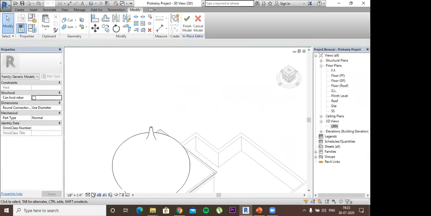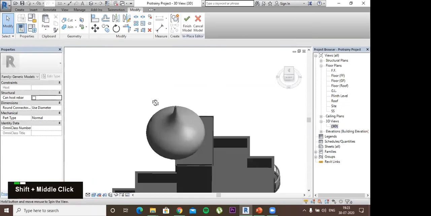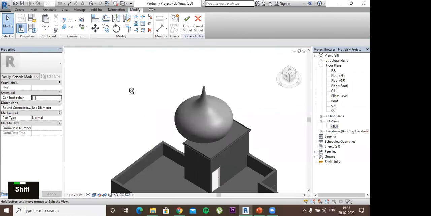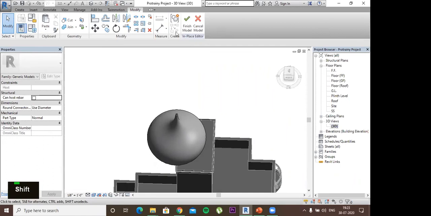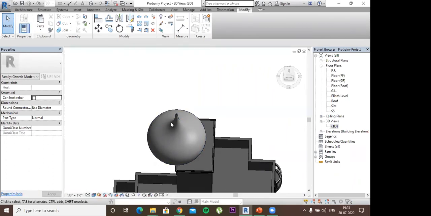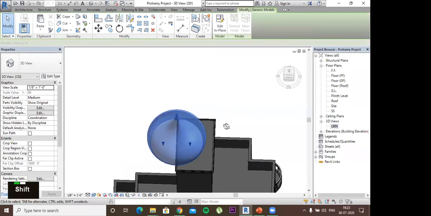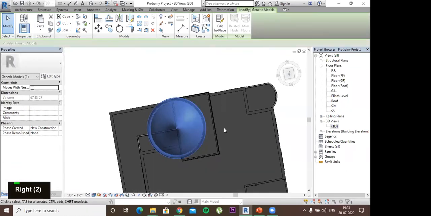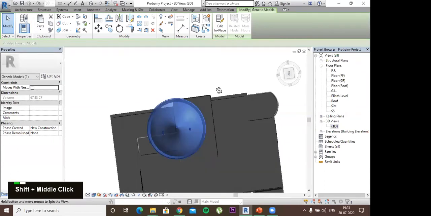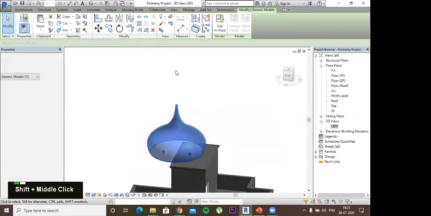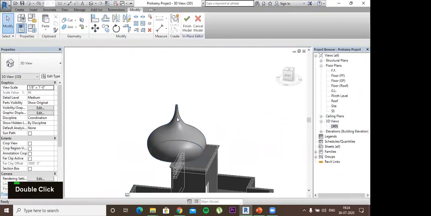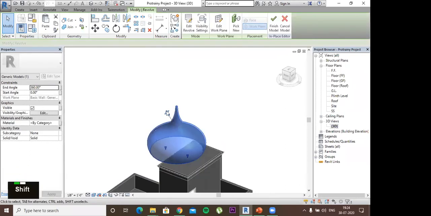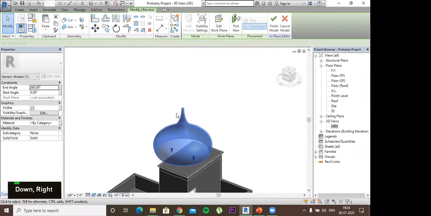Okay, you can see it in the realistic view. This dome will look like this. You might have seen these types of domes in temples and mosques and different types of religious structures. First you can finish it, then you can select it and move it so that it will come perfectly over your structure. For that you have to unlock it. Edit it, select it, unlock it. You can unlock it from here and then you can move it through arrow keys.